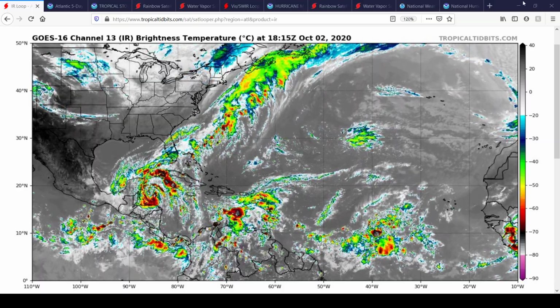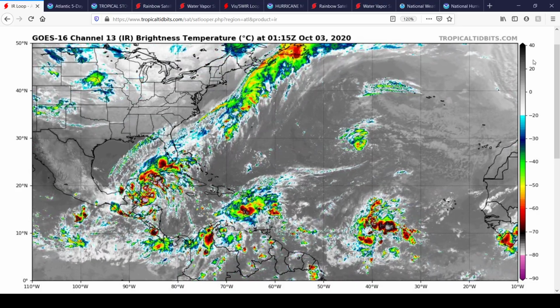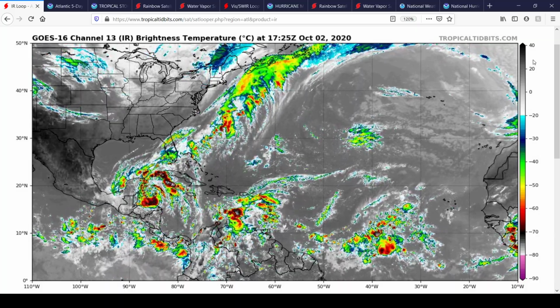Hello, everybody, and welcome to a tropical update here. This is a wide view of the Atlantic right now, and you can see what's currently going on. We've got two areas to watch here. We've got newly formed Tropical Storm Gamma in the northwestern Caribbean here, and then a tropical wave that entered the